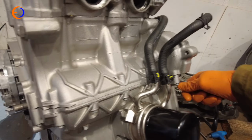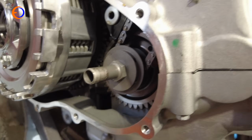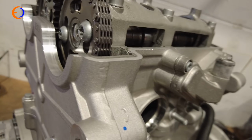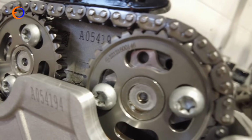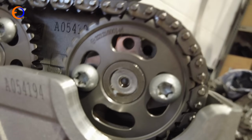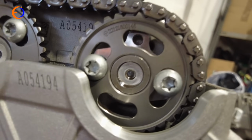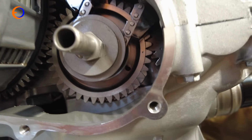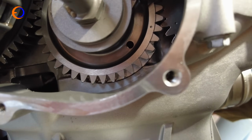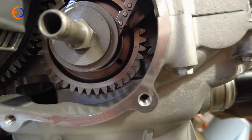So as I turn the spanner on one side, the primary drive is moving and the cams are moving, so now we just have to wait until we get all of the holes lined up, and it's actually easier to see the ones on the cams. So that's going to be fairly close, and if we look down here we can see the holes lining up down there. Let's go backwards a little bit, and then we'll get ourselves a 5mm bolt